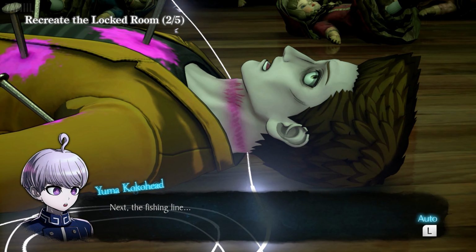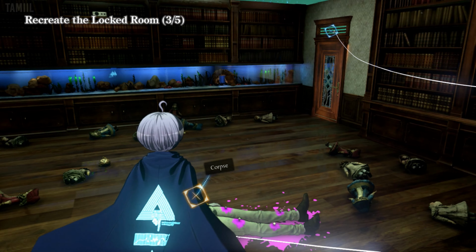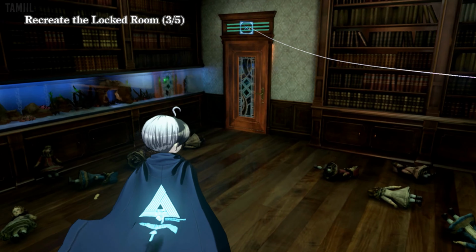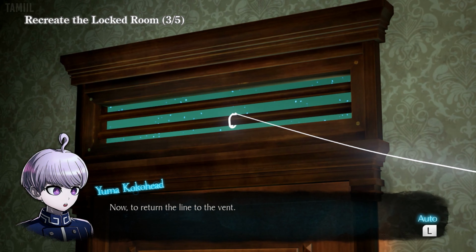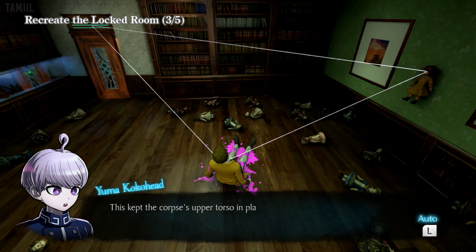Next, the fishing line. Now, to return the line to the vent. This kept the corpse's upper torso in place. The room has been completely prepared. So next...